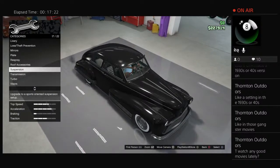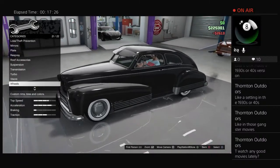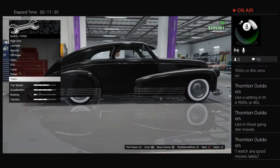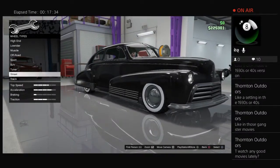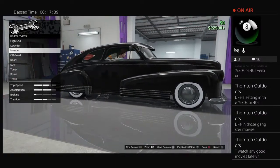Where was that stupid... Oh, visors. Let's throw the visor on. I don't know if I want to stick with the stock wheels or go with...